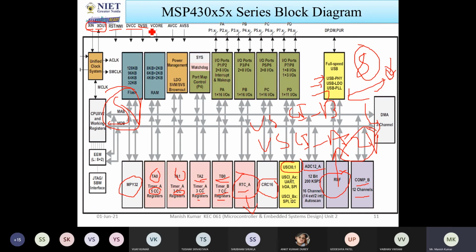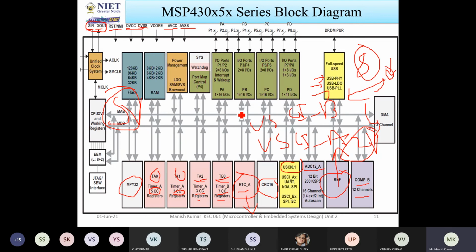DVCC and DVSS. There are two types of voltage source here, one digital and one analog. Whenever I talked about the ADC in unit 1, I also discussed the analog voltage and digital voltage. Here you can see this is digital VCC, this is the digital ground. This is analog VCC and analog ground.